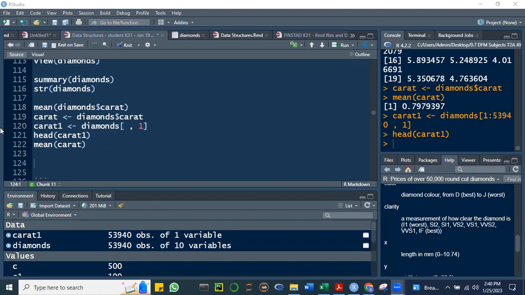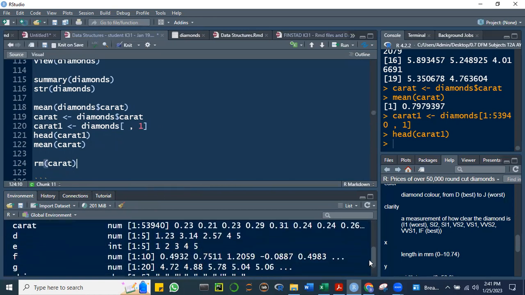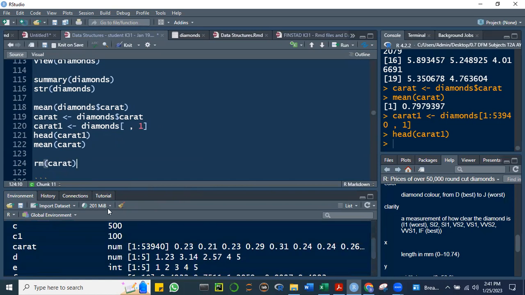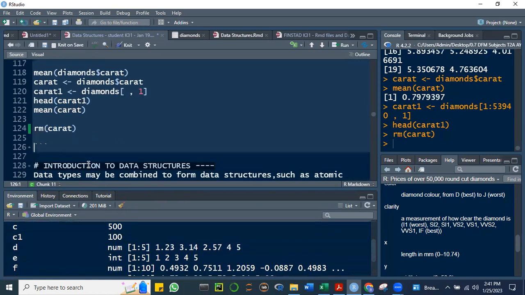Okay, thank you for that question, Igo. That's very good. We learn from questions like this. So is there any other way na makukuha natin yung mean ni carat without creating the carat object? Pwede ba? Okay, sige. Ang gagawin ko ngayon, i-remove ko si carat, ha? RM, which means remove. I'm going to remove carat. Okay, control enter. So nawala na si carat